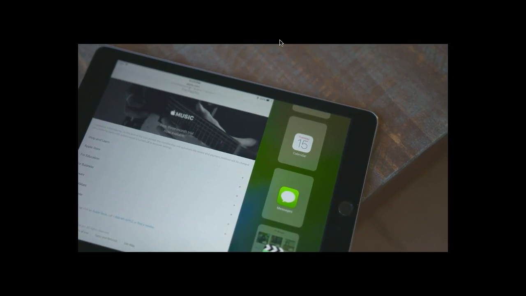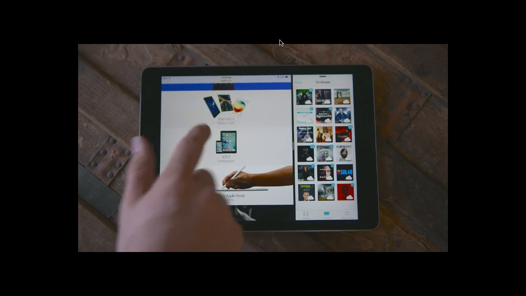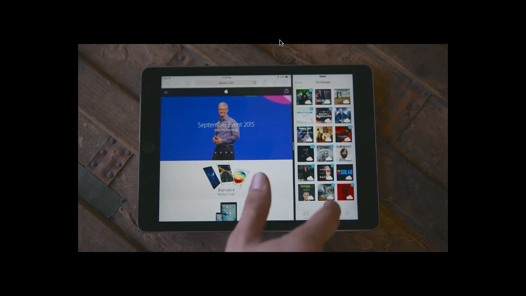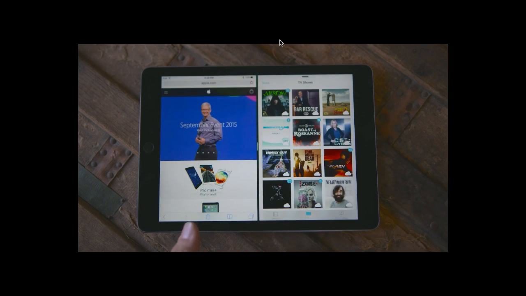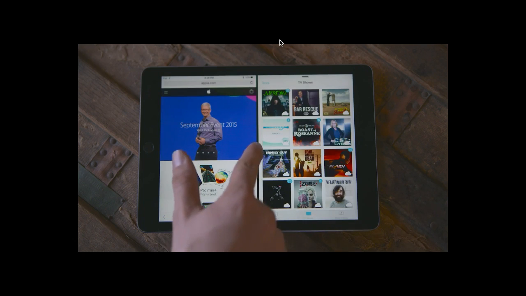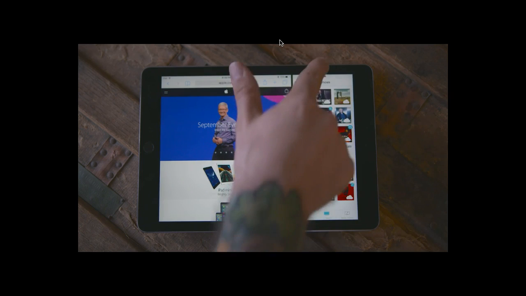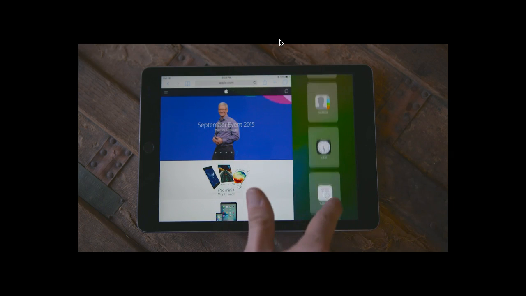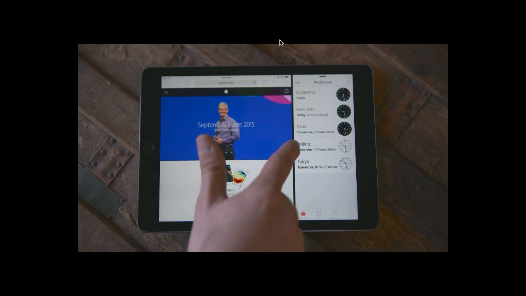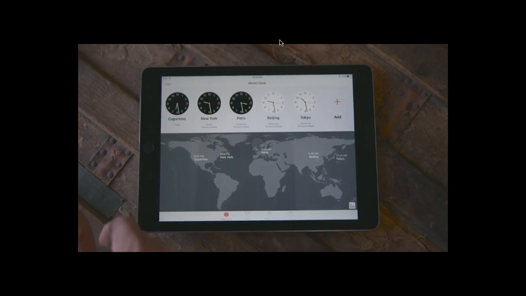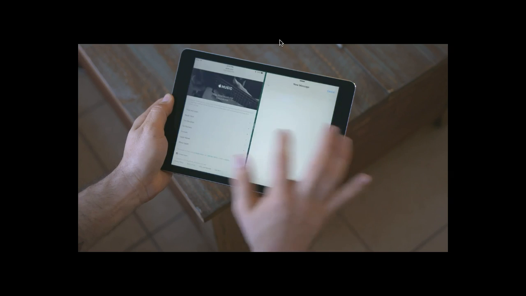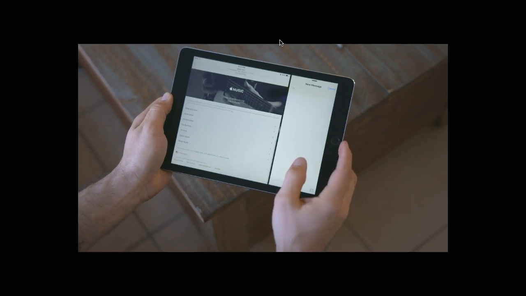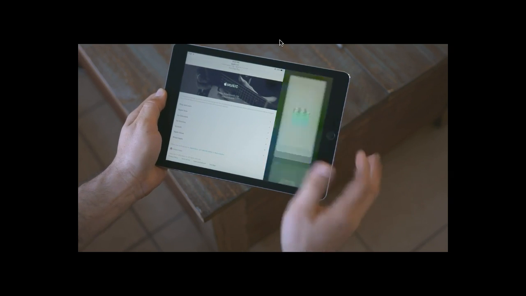even better than that. You can take this Slide Over app and drag it from the left to enable a full-on split view of two apps side by side. Of course, this is limited to apps that actually support this new view, but as more apps become compatible, I can see this being a very useful feature. Hell, it's already useful with the basic set of apps available with iOS 9, but let me know what you think about split view in the comments. Of course, none of this is new to tablets or mobile devices in general, but it's nice to finally have